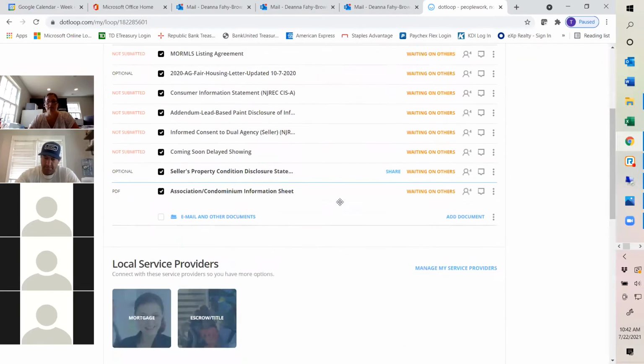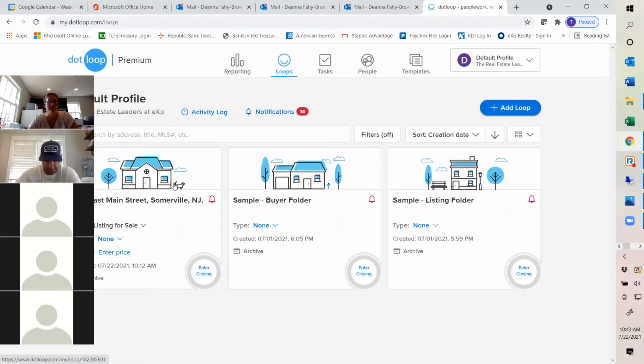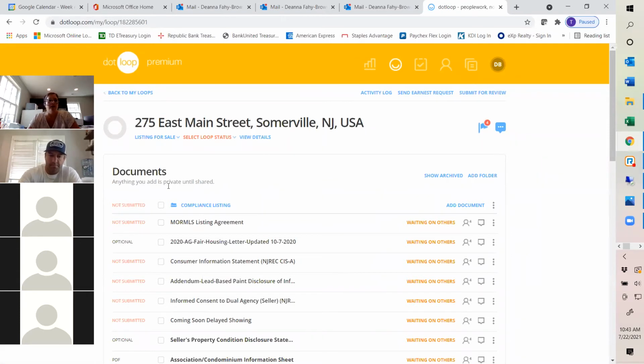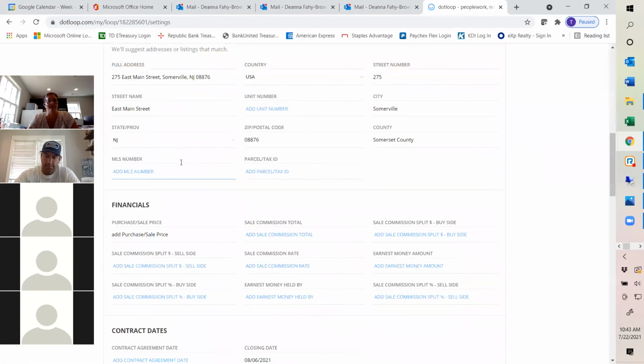So let's go back to my loop. Here's my loop at my login screen, my 275 East Main. Let's say I'm at that point where I'm ready to update the transaction. I'm going to change it to a purchase, and I'm going to change my status to under contract. It's automatically going to ask me to make sure I enter a sales price and a closing date, which I can do right from here. I could also go into the view details and update that information there. So let's say my purchase price is $1